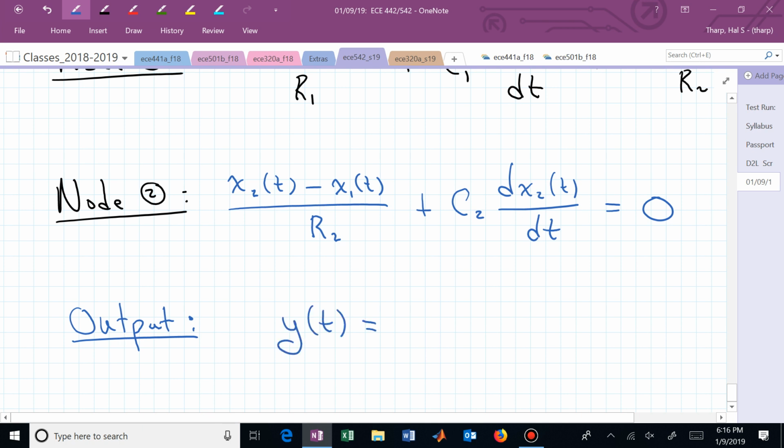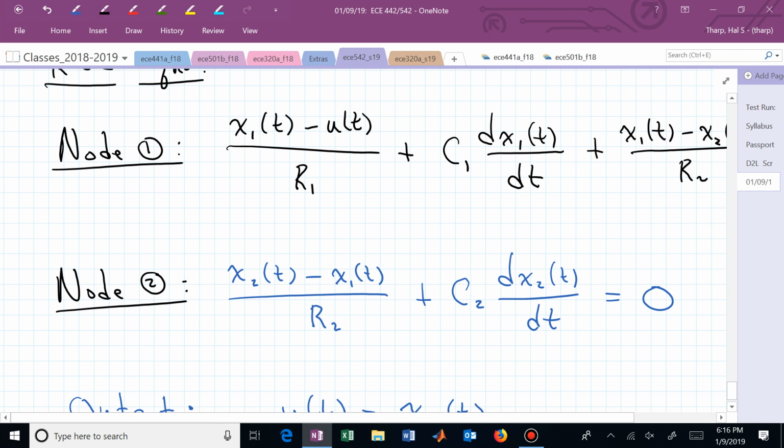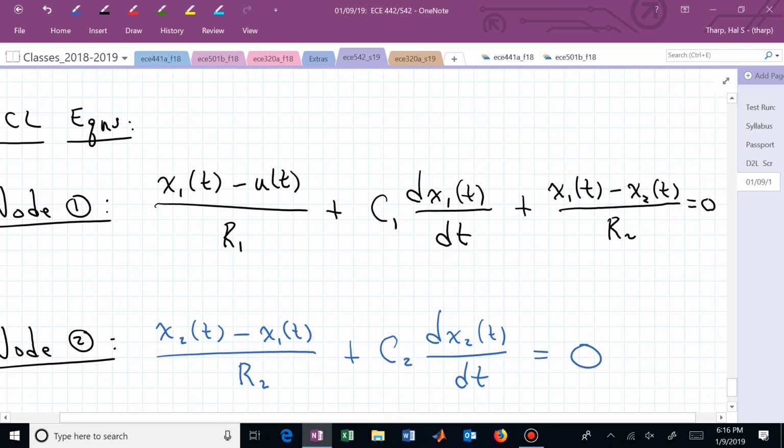Y of t is now the voltage dropped across that rightmost capacitor. The output then, if I can now figure out how x1 and x2 evolve in time, and that's possible from these differential equations, all I have to do is look at x sub 2, and that's now the output. That's what's happening at the output of